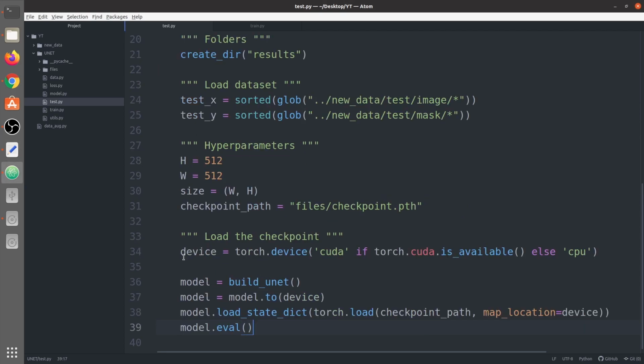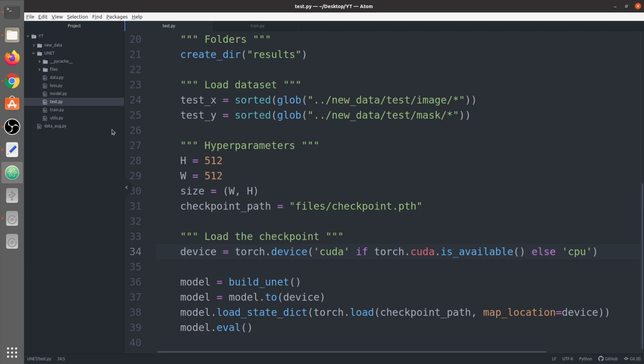You can see we have our device, that is the CUDA device. If a CUDA device is not there, the model would run on the CPU only. I hope training this entire model on the CPU would not even be a problem, because the dataset size is not that big. You can even turn off the data augmentation and train the model on 20 images only and validate on those 20 images, because the dataset is really small.